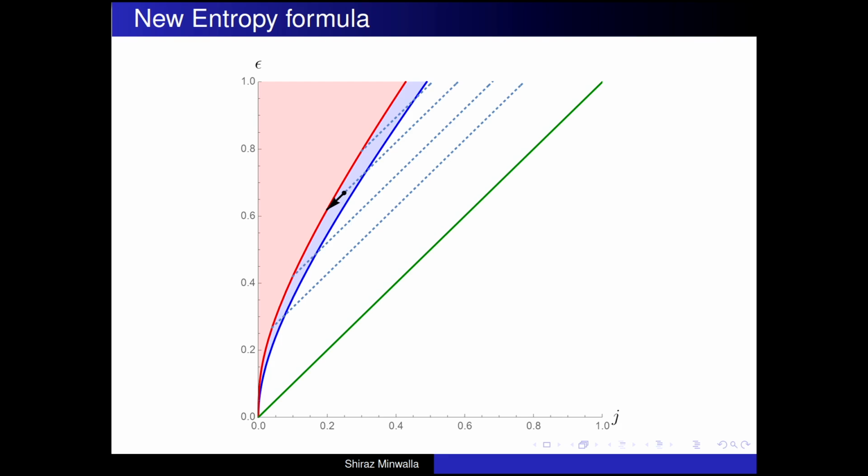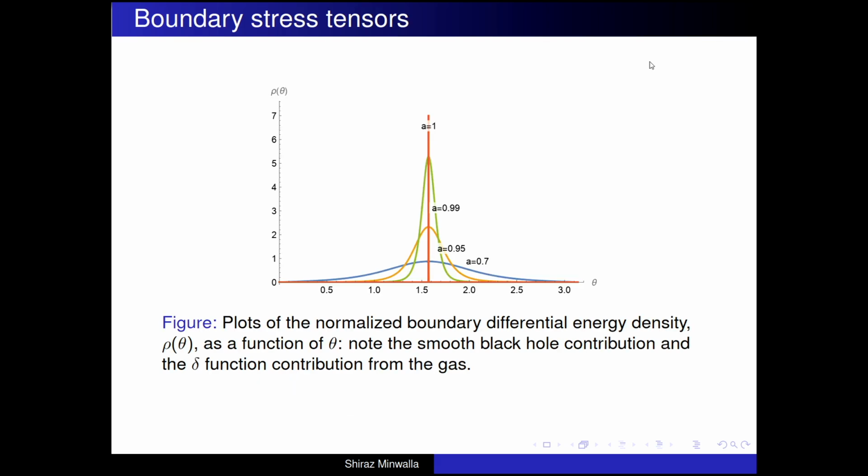Why is that? Because these unstable black holes decay until they've lost enough energy and enough angular momentum so that the gas is in equilibrium with the black hole at omega equals 1. The gas carries E equals J. That's why it's a 45-degree line. Effectively, it carries no entropy. So all of the entropy of our gray galaxy solution lies in the black hole and is given by the simple construction. So the simple construction gives us the formula for the entropy as a function of E and J for black holes. One last thing.